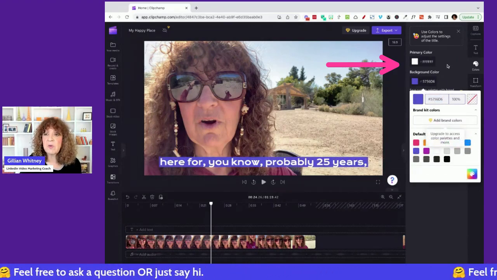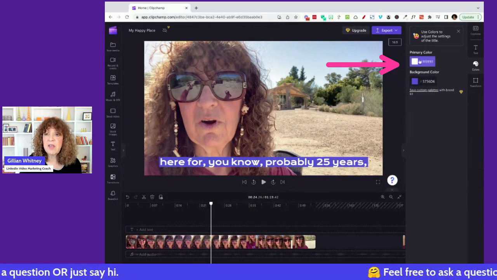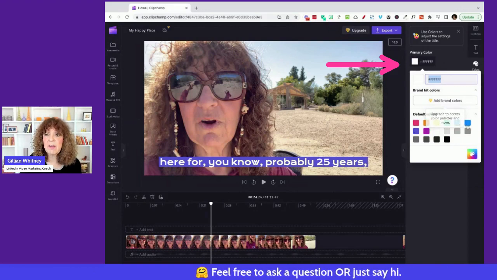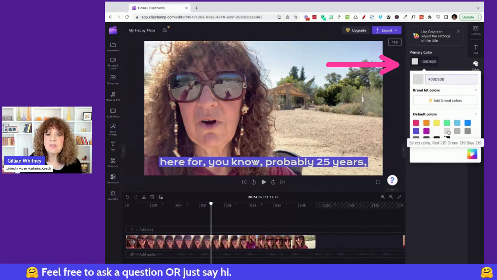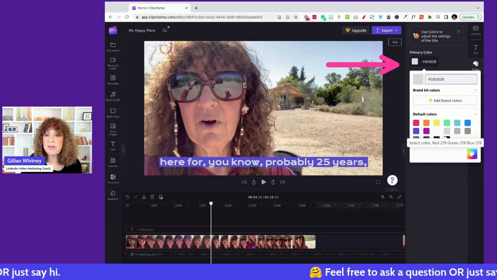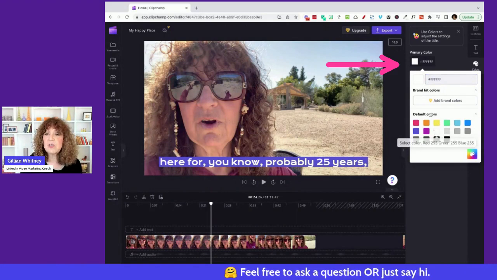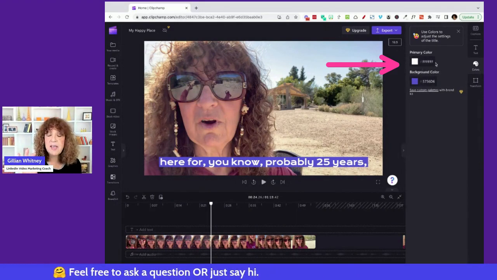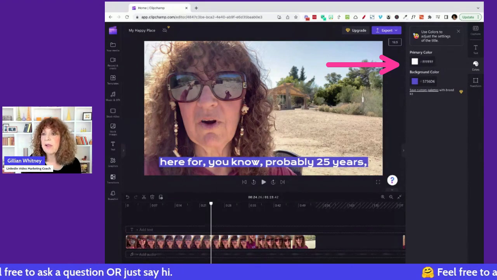And I could also change the color of the font itself. If you see the drop down here, I could have orange, pink, green. You have to figure out what's really going to go with your background color. So you wouldn't want to do something crazy here, folks. But anyways, I'm going to just leave it at white. So now we've got white text on a purple background.